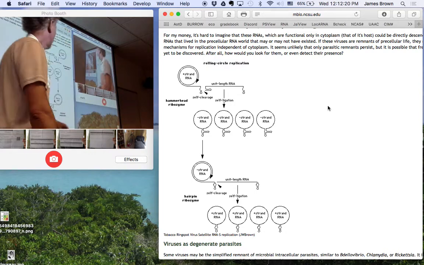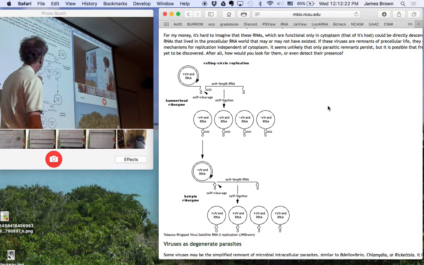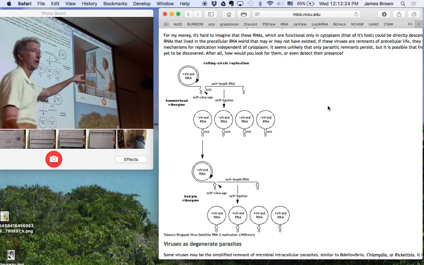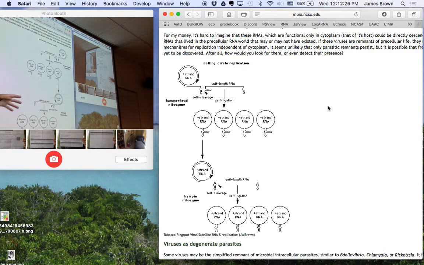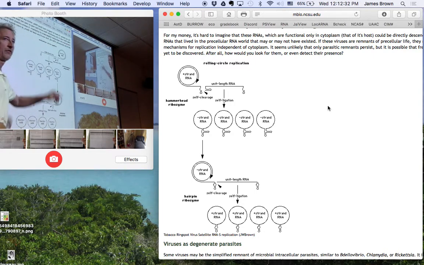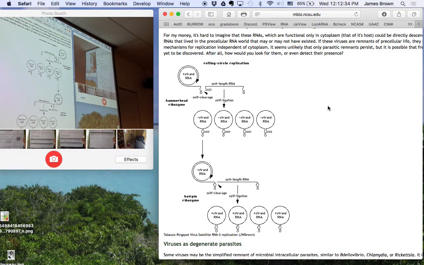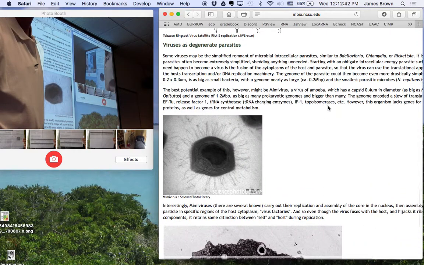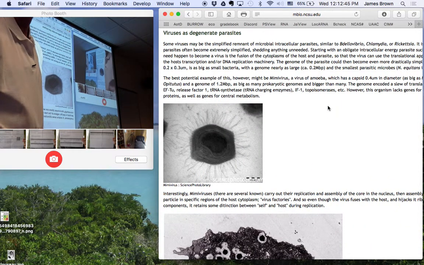In all cases where people have studied this, the information content of these things is really low. It's absolutely clear that they spontaneously arise in genomes of organisms all the time. You would expect a sequence for one of these self-cleaving things to show up every few million base pairs in a genome at random. And so there's no evidence that you need to inherit these things, that they can be developed de novo and have done so.